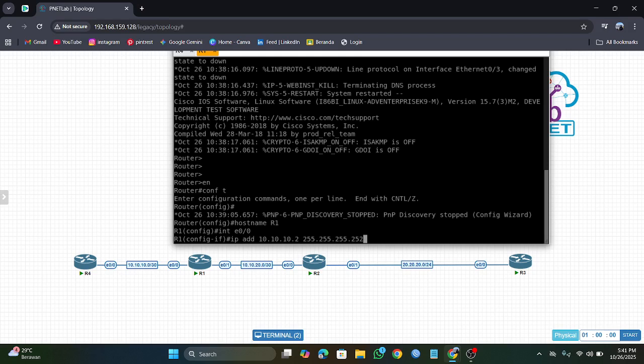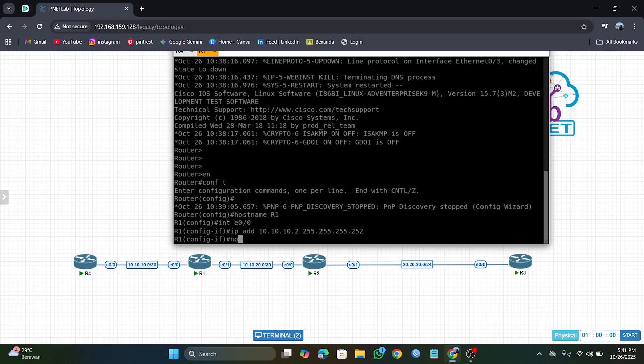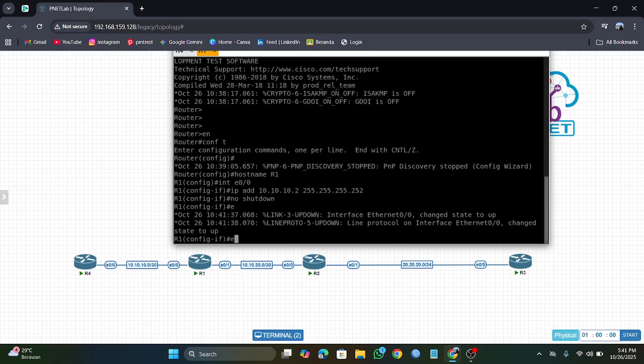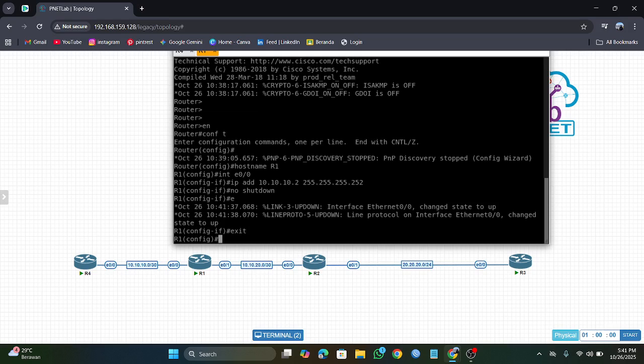Okay, and you type no shutdown, enter, and type exit and enter.